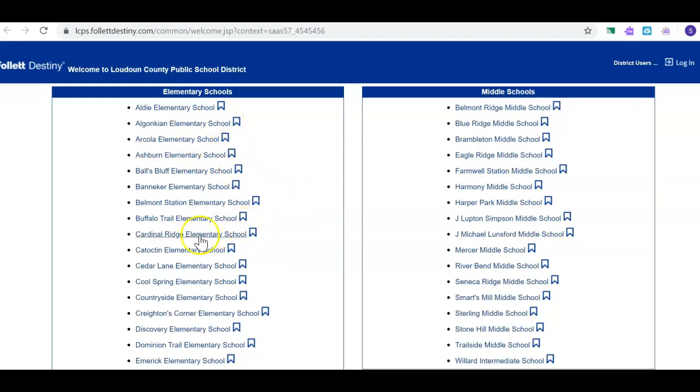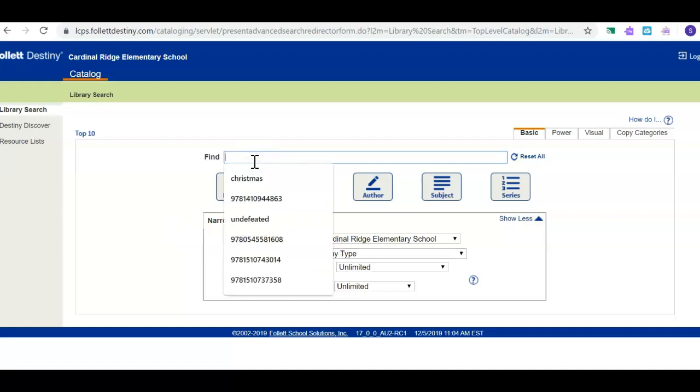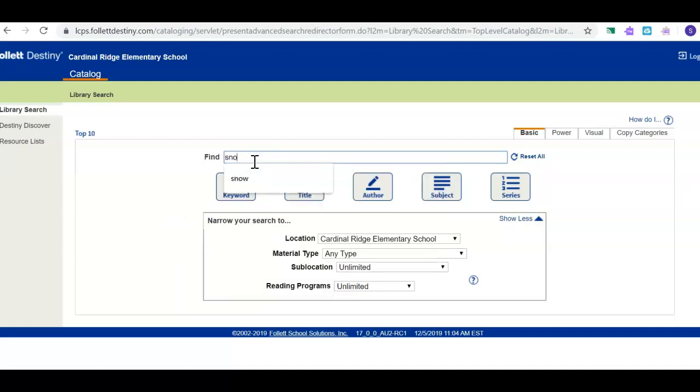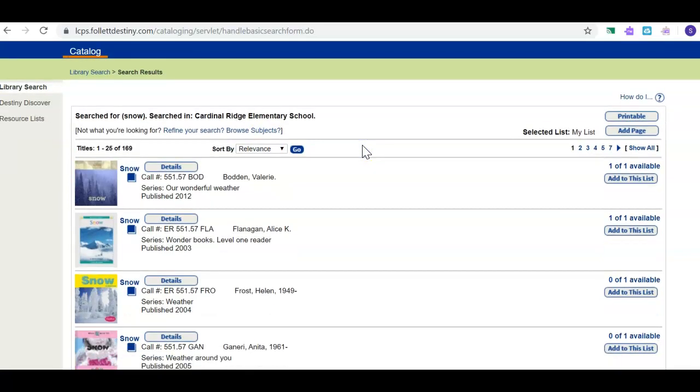You'll see all the schools are listed. I'm going to choose Cardinal Ridge Elementary, and I'm going to type in the topic that I am looking for. So we're going to say I'm looking for snow. So I'm typing in the word snow and hit enter, and there we go. What you see here is all the books. We have 169 books that have snow in the title or maybe it's the author's last name or